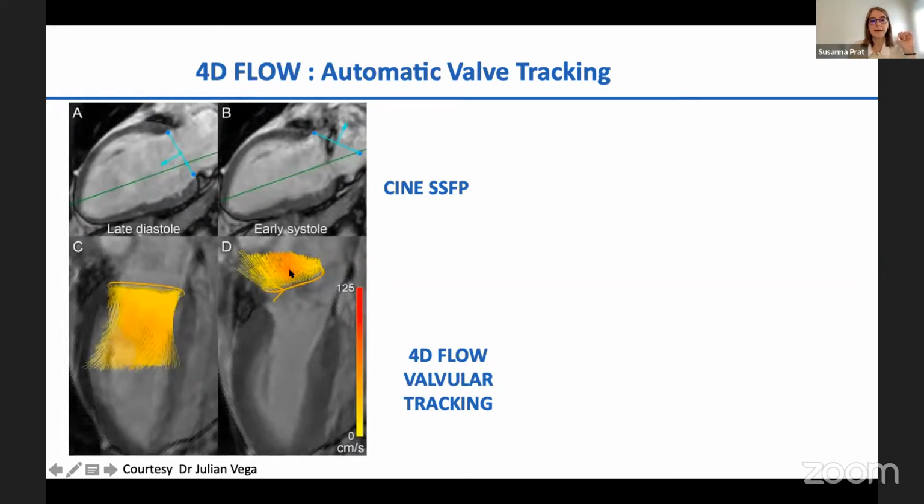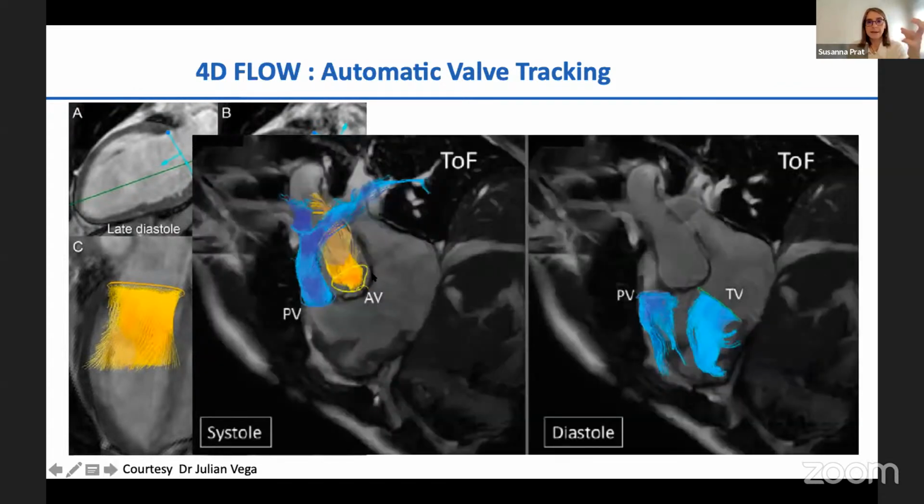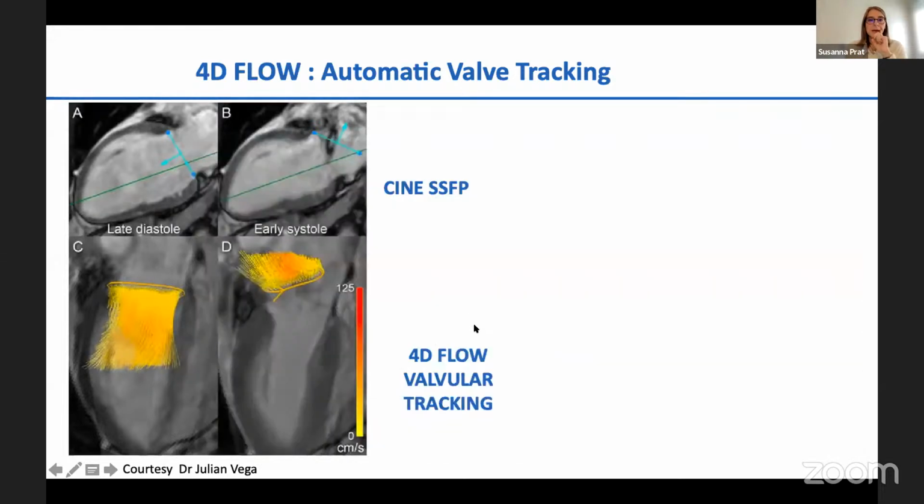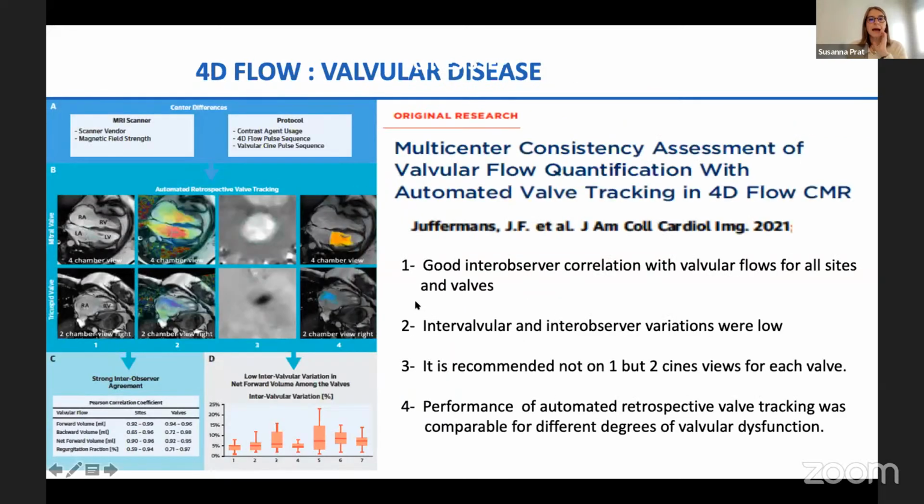they could study the diastolic flow and the systolic eccentric flow of the mitral valve. As I said, the idea is that with 4D flow, we can study the flows through the 4 valves: the mitral, the aortic, the tricuspid and the pulmonary. And in this line, I want to show you this study that I consider is the way that in the future we may go,